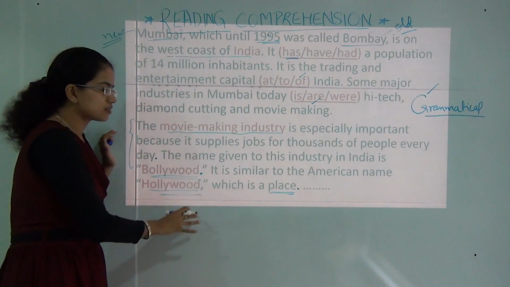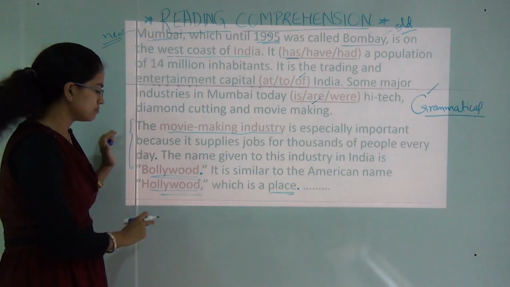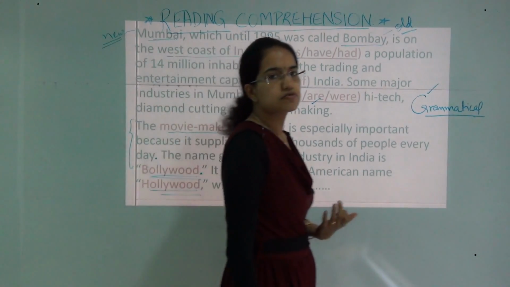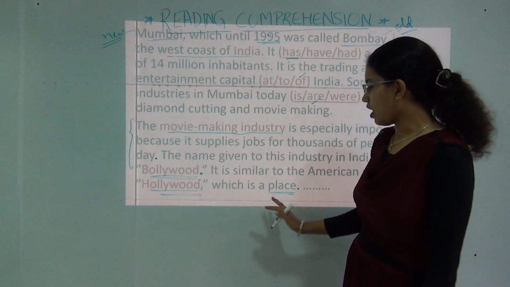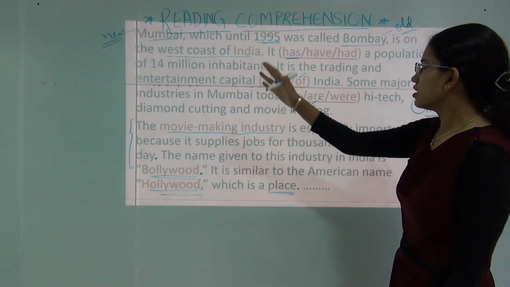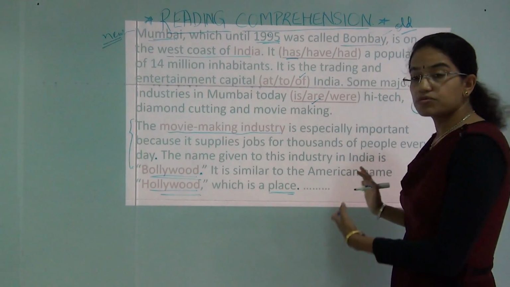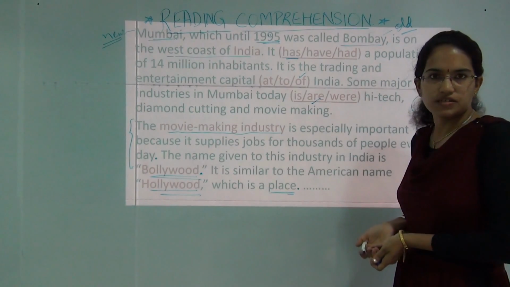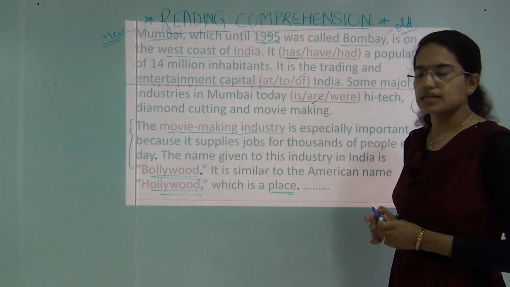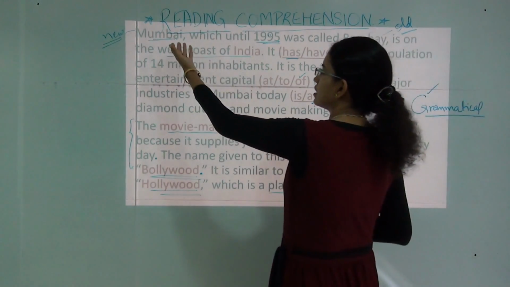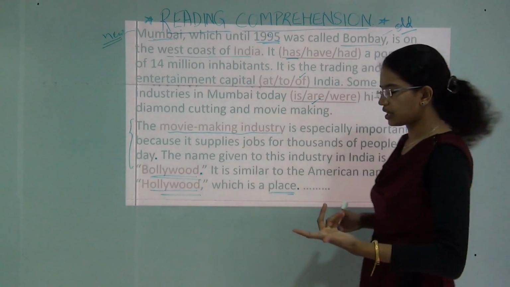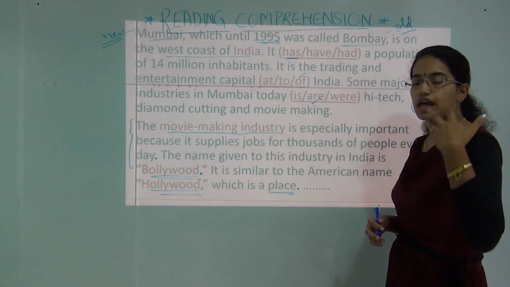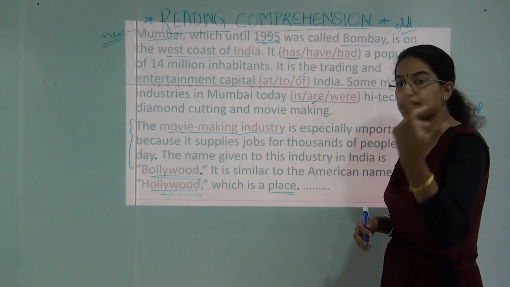which from this passage only, and which is analytical in nature, would be: give a name of a place from America. Now, if you read the whole of the two passages, you won't find the name of any city in America, except that we are reading just one city, that is Mumbai. So what we have to do is analyze it. We have to understand and try to predict.